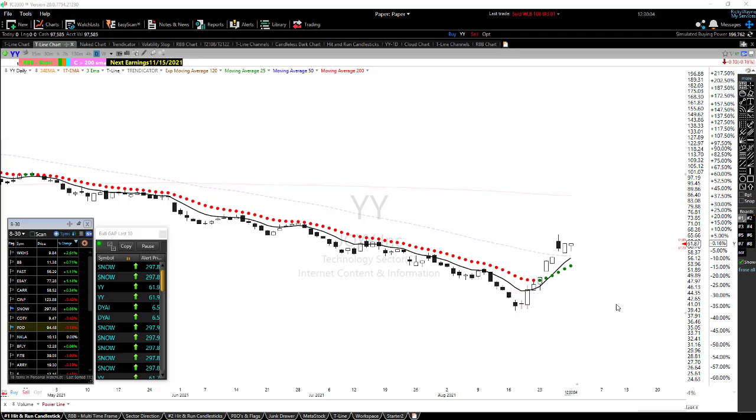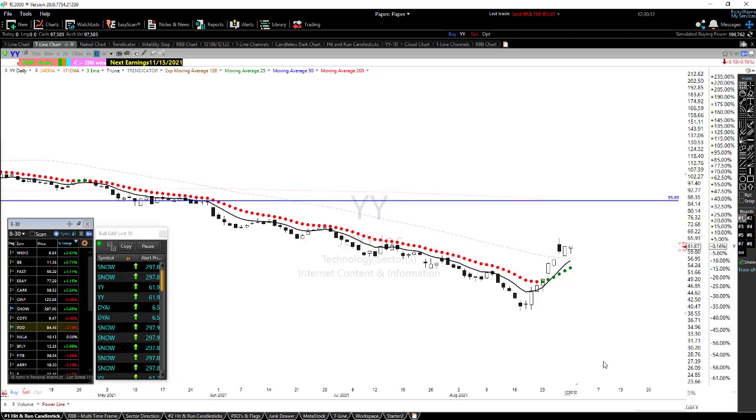Now, I'm looking at this chart. Obviously, I've missed this, but I also think this can still go up to here, the 200 period moving average. That doesn't mean it can't consolidate before it gets there, and it doesn't mean that it can't pop up and then consolidate a little bit before it goes higher. So my trade will be like this.